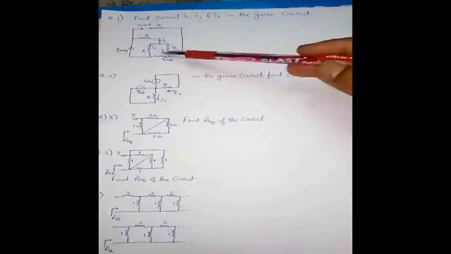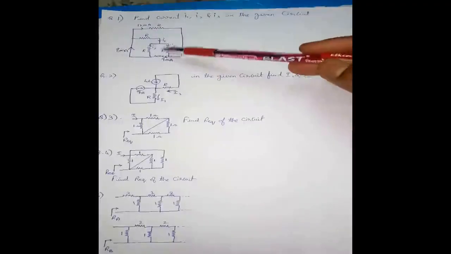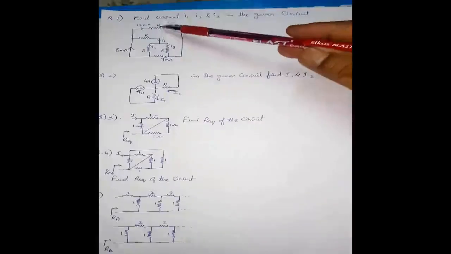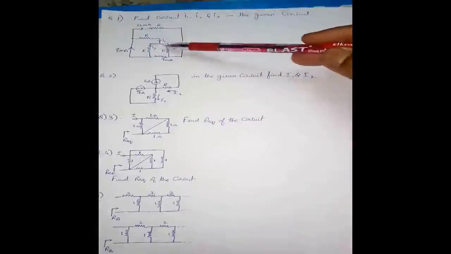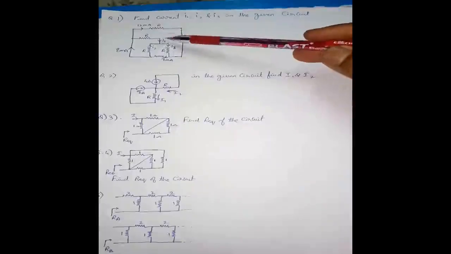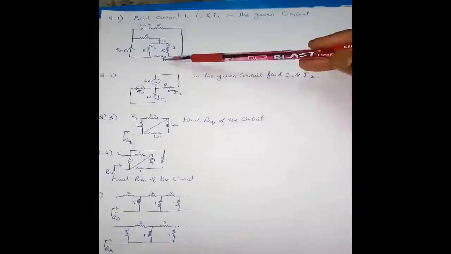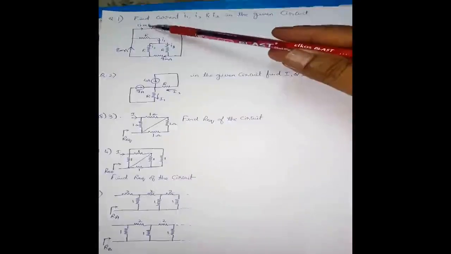So to find this we need to just look into the circuit clearly. Resistance values are not given, they have just mentioned it as R in each resistance, but the currents are given here. In this branch we have 9 milliamps, here we have 8 milliamps, here we have 12 milliamps. So we can make use of KCL. To do that, first let us find out the nodes.